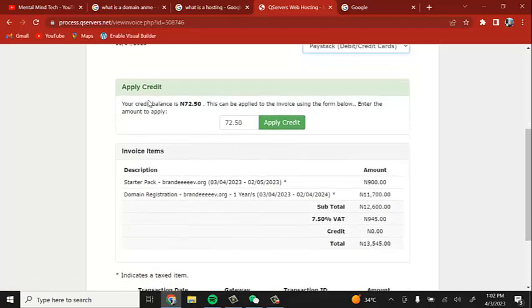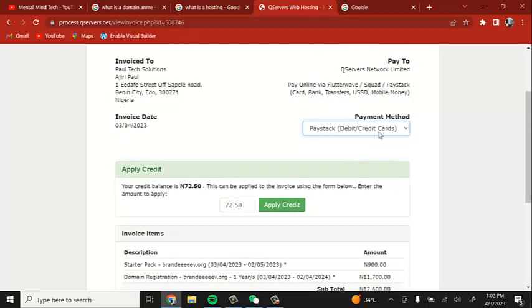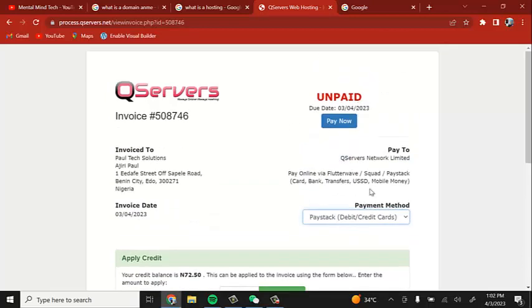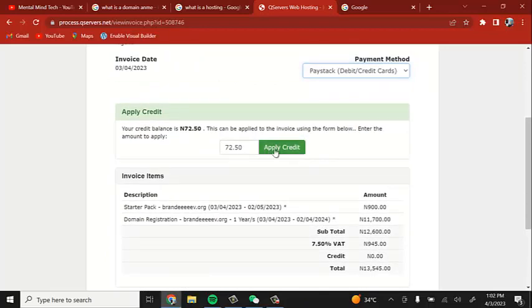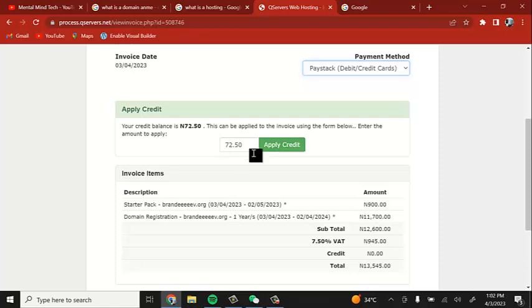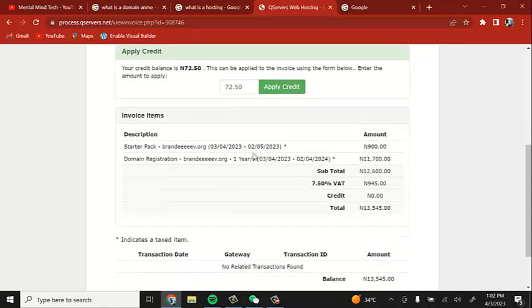Yeah, you can also apply credit if you already have money in your account. You can also use your account credit. But me, I just have 72 naira and I'm purchasing something of over 13,000 naira, so I can't apply my credit. But there are times you can just leave money in your account. It's also very advisable sometimes, so that when your hosting wants to expire, they can just debit the credit you have on your account and help you renew it ASAP without you having to spend any of your cash in your bank.